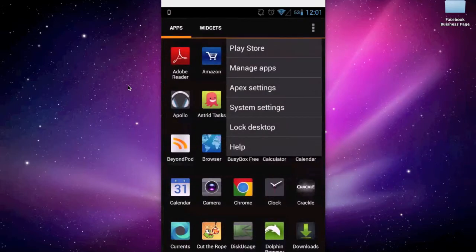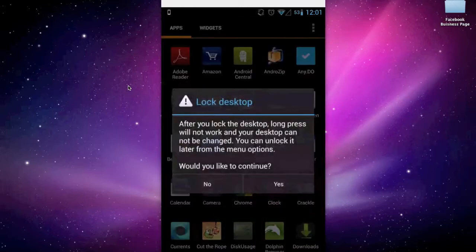And then you go up here and you can quickly go to Play Store. You can manage your apps. You can go to Apex settings, regular settings. You can lock your desktop, which, as you can read there, what it does is